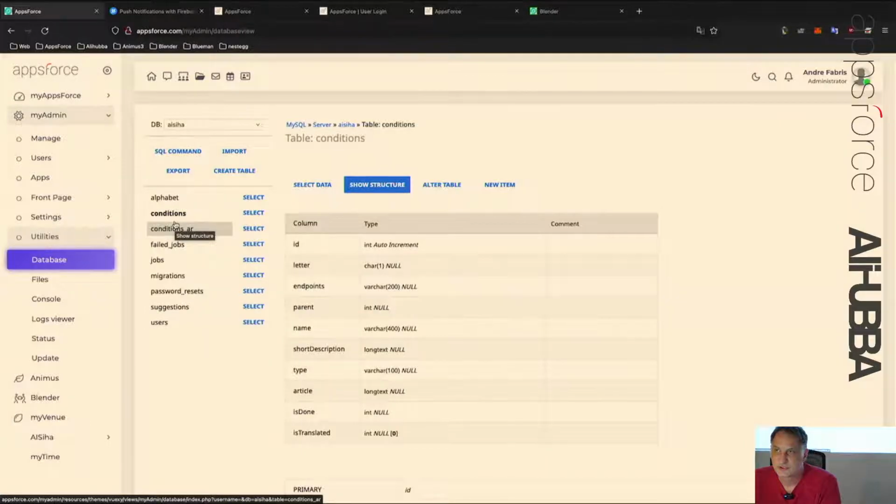Because what's going to happen is every now and then the remote API is going to have an updated translation file, okay? Updated condition file. And then I need to check, has it been updated? And if it has been updated, I will fetch a new version. If it hasn't been updated, I am not going to fetch a new version. Okay? So,